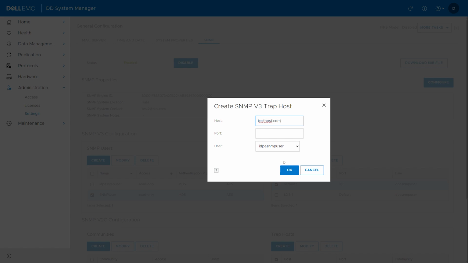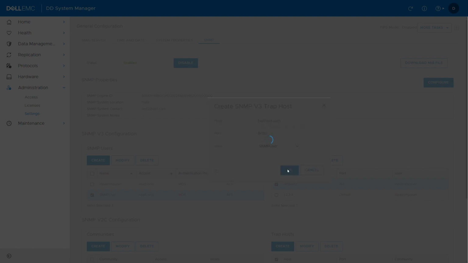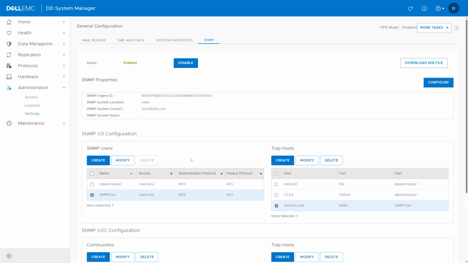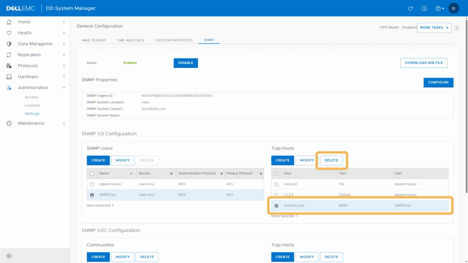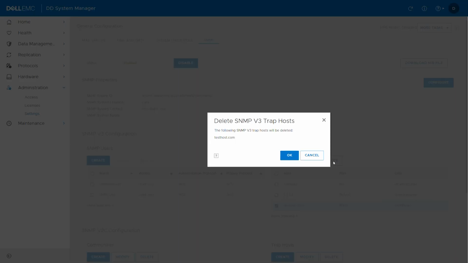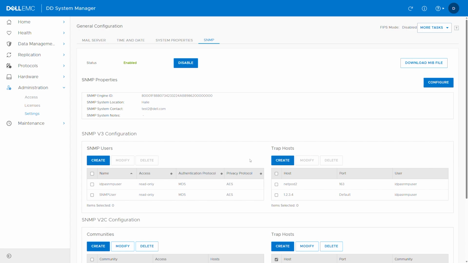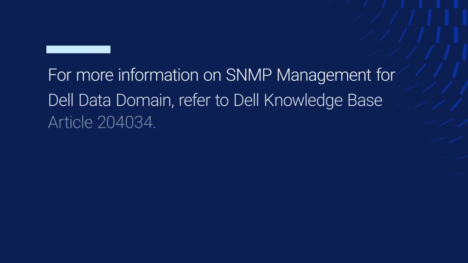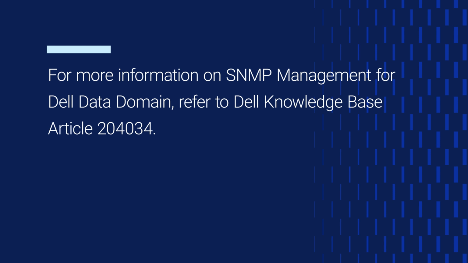Specify a host, the port, and select the user or create a new one for the trap host. Then select OK to save the configuration. To remove a user or trap host, select it and click Delete. Keep in mind, if the selected user is also selected for a trap host, you need to delete the trap host first. For more information on SNMP management for Dell Data Domain, refer to the Dell Knowledge Base